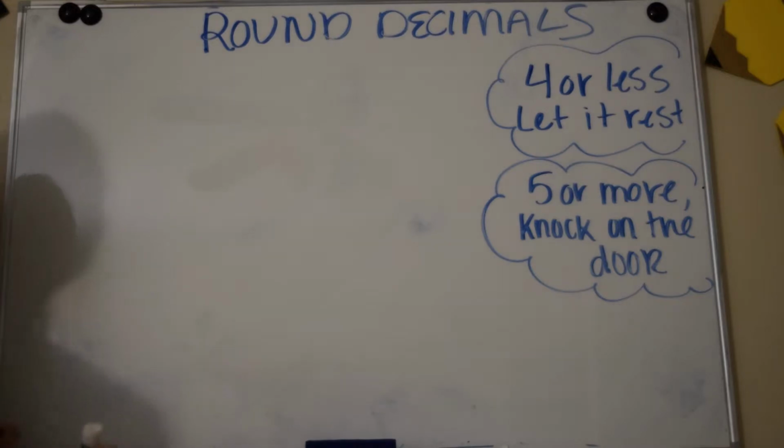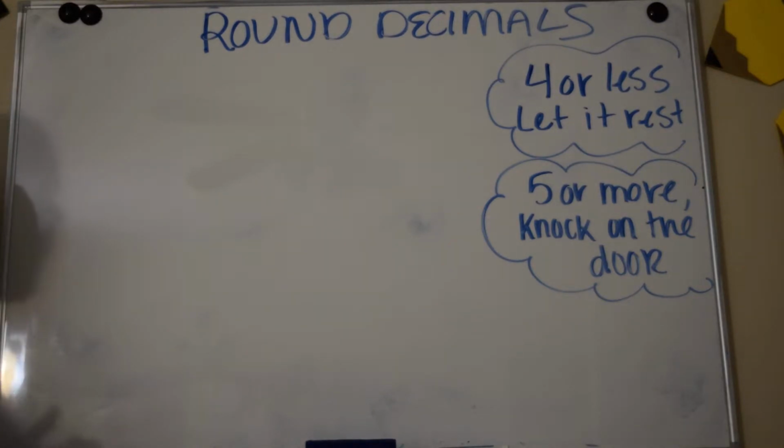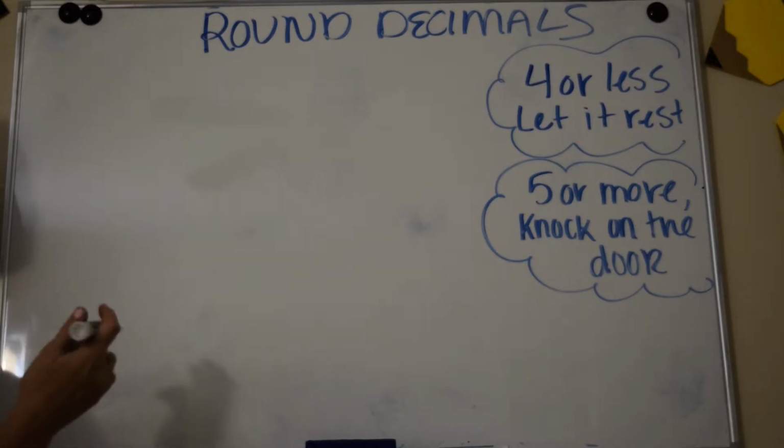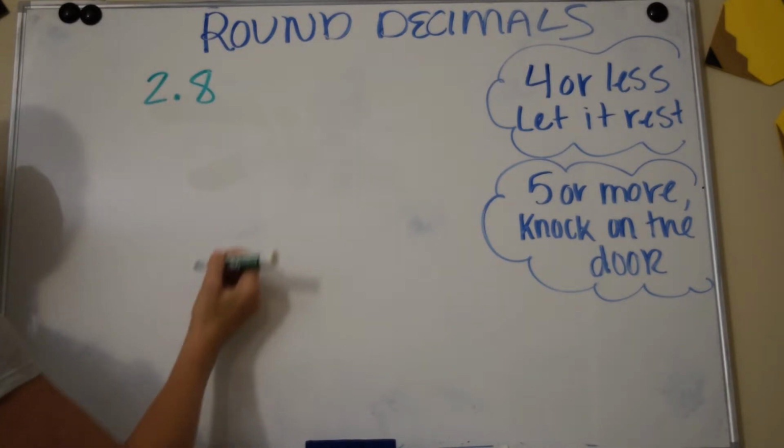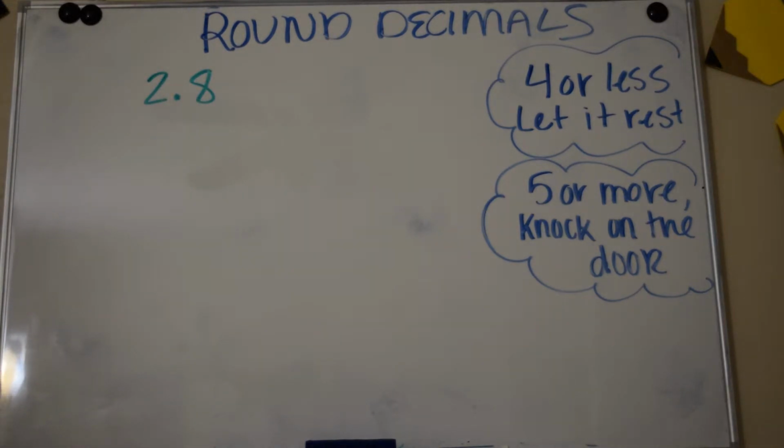Right, you guys, so we are rounding decimals. If you're following along in McGraw-Hill, we are just beginning chapter 5. This whole chapter is working with decimals. And so we're going to start with something a little bit easy. We're going to start with the decimal 2.8. And if they tell you to round this number to the nearest whole number,